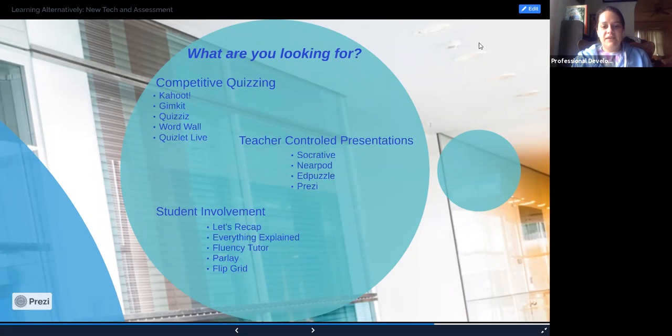The next one is Everything Explained, which is where you can leave an audio file for the student, or the student can leave an audio file for you. And it's almost kind of like an online way of letting them explain it to others while you're explaining it to them. For example, you would leave your presentation, and then what they would do is,